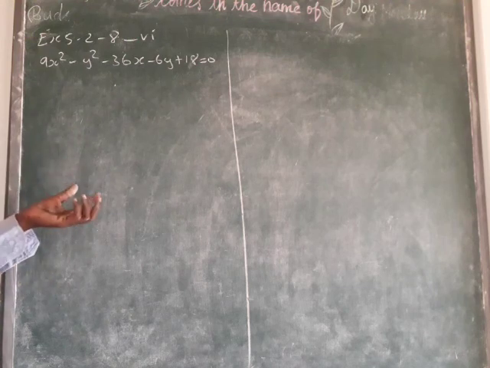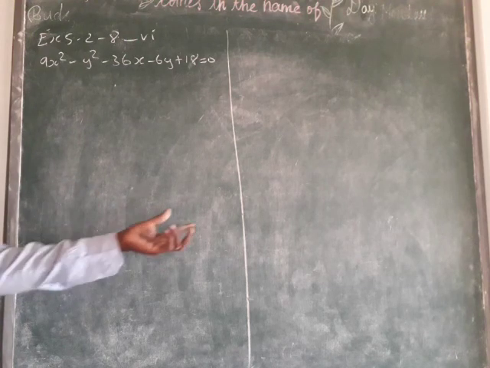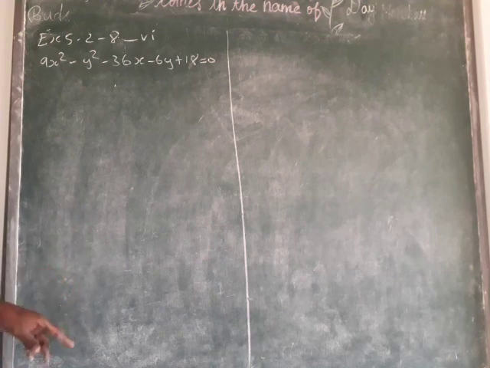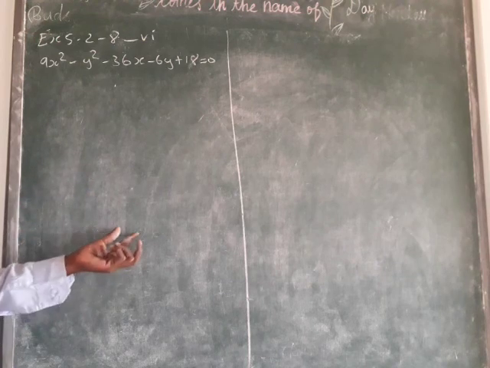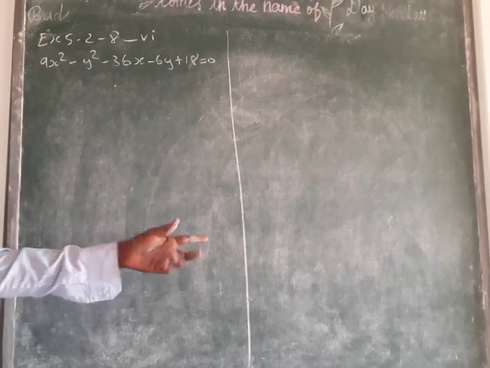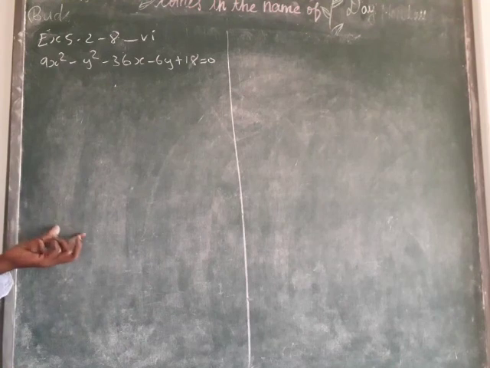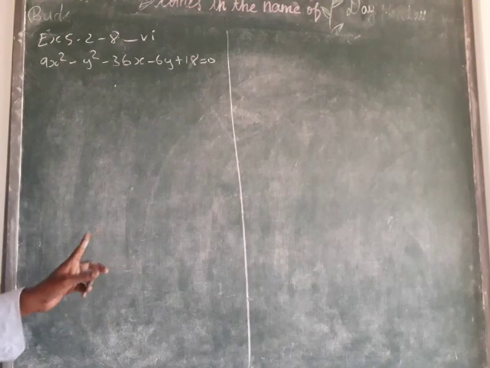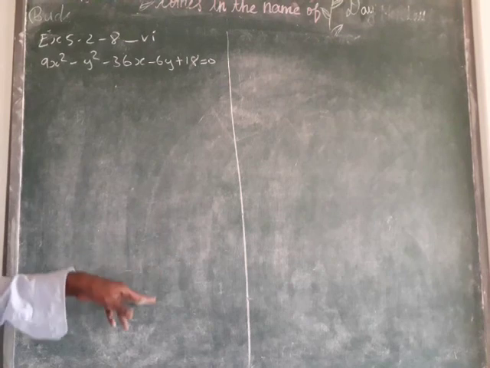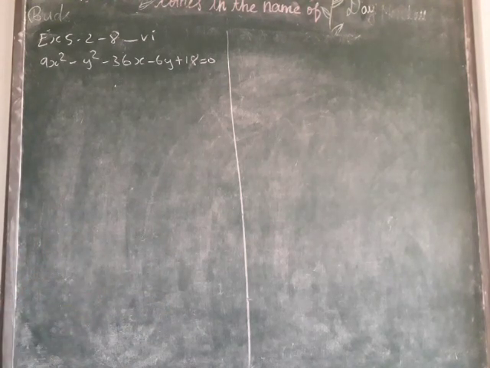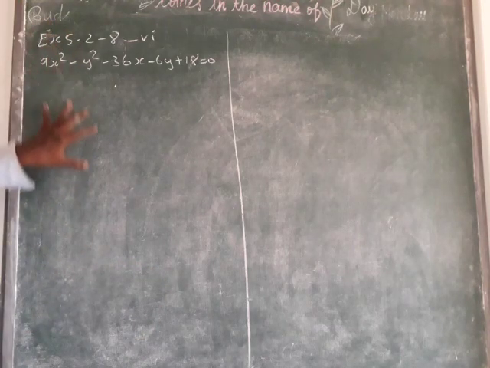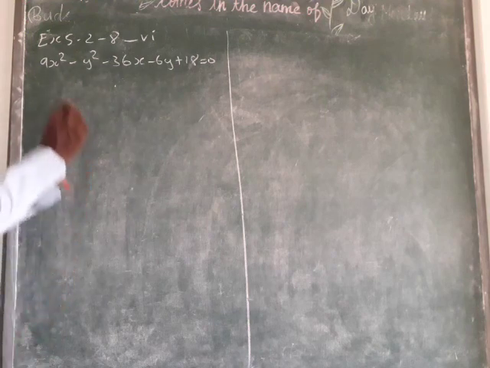You know the standard form is x squared by a squared minus y squared by b squared equal to 1 when the center is 0, 0. Then one more form when the center is h, k: x minus h whole squared by a squared minus y minus k the whole squared by b squared equal to 1. Otherwise, y minus k the whole squared by a squared minus x minus h the whole squared by b squared equal to 1. So there are two ways: center 0, 0 or center h, k, and parallel to the x axis or parallel to the y axis. So you want to bring the equation to the standard form. First, arrange the terms.